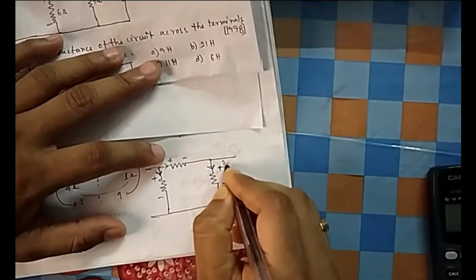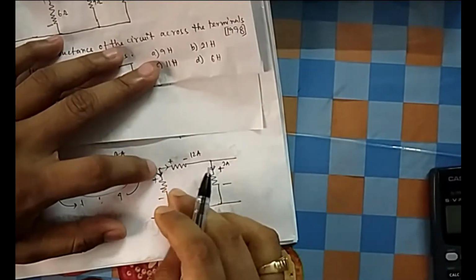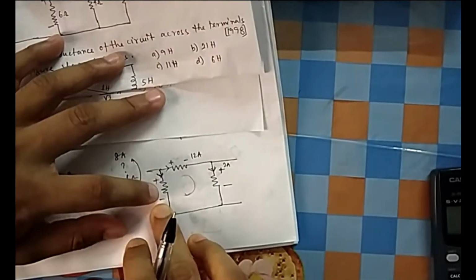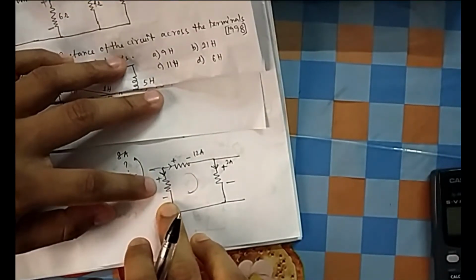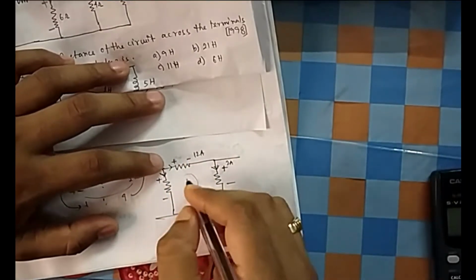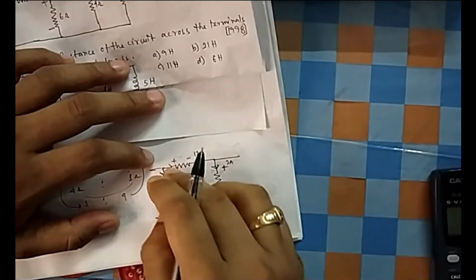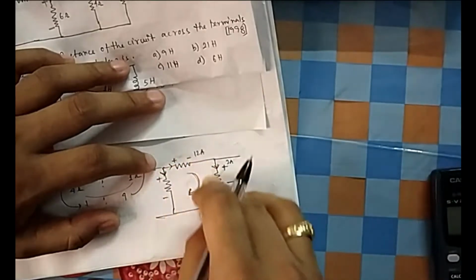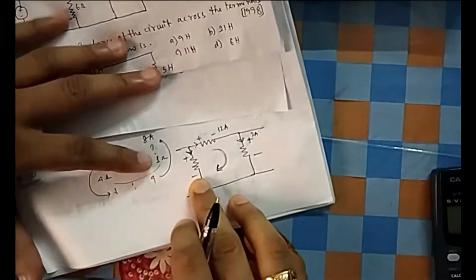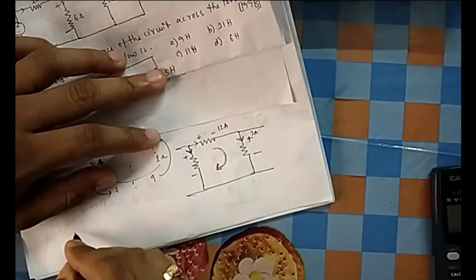So this is 2 ampere current flowing and this is 12 ampere. What will be this voltage? This voltage is equal to the sum of these two. When I take KVL, I move in a direction: I take a direction through which I will move. I will walk along this route. If I get minus first, I will put minus; if I get plus first, I will put plus. So I am getting minus, so I will put minus.